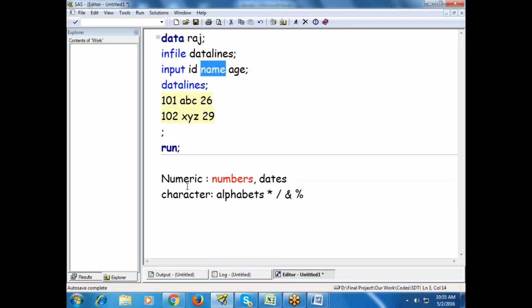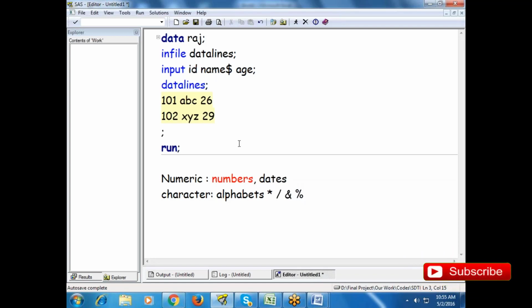It should read some alphabets. So whenever you want to read alphabets into a variable, you have to give a dollar symbol after that variable name. This is the difference between character and numeric.